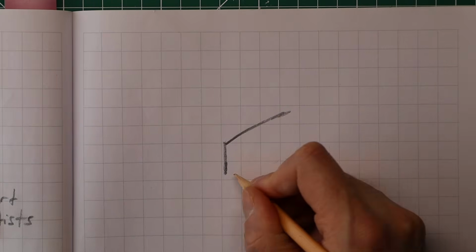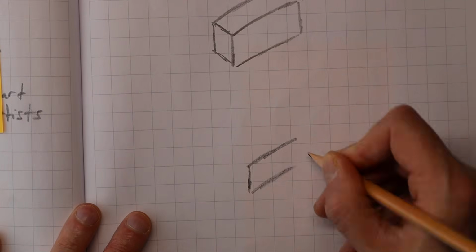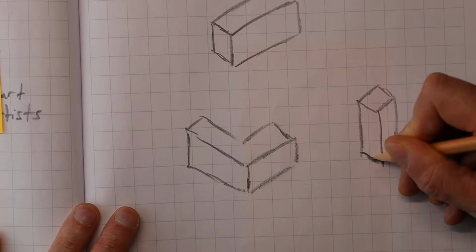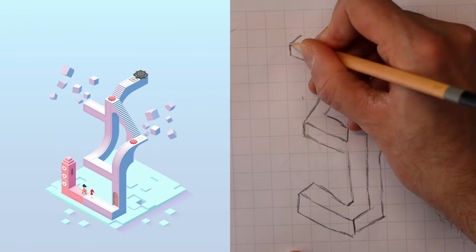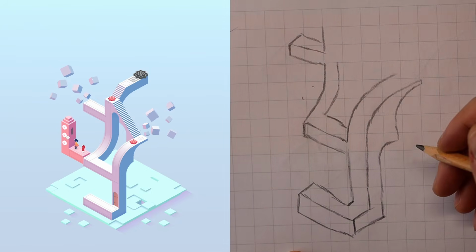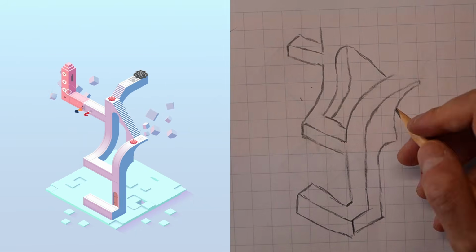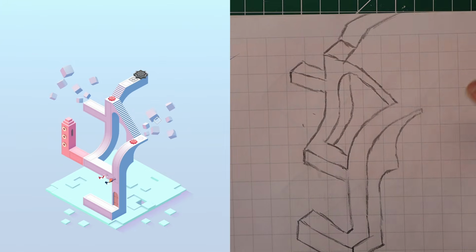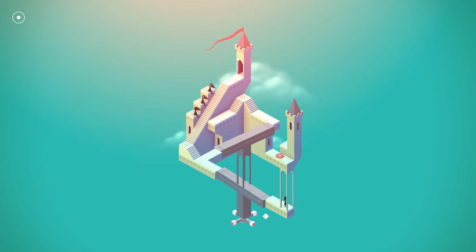When it comes to sketching out Monument Valley levels, the isometric perspective is important to get right visually, since that's where a lot of the impossibility happens. One way to practice that type of sketching is to open up an existing Monument Valley level you like and start to get the basic structure of the levels copied onto a page. I start with the edge of a platform and get the vertical lines of its edge down. Then you have these diagonal lines join them to make a platform face. As long as you keep those diagonal lines roughly parallel, you should end up with an isometric draft of the level.